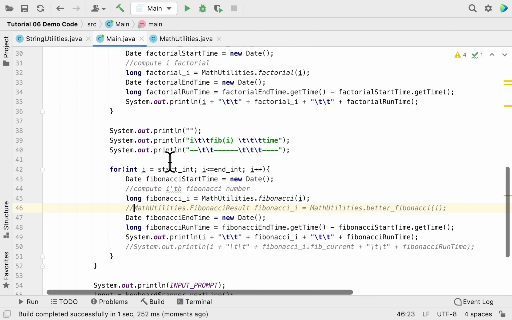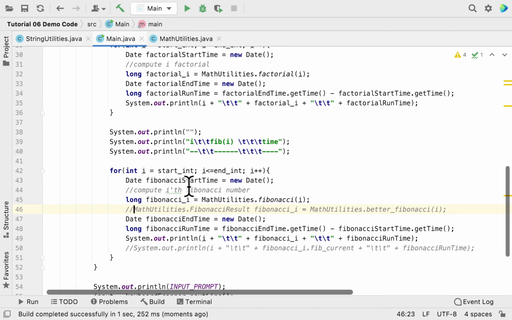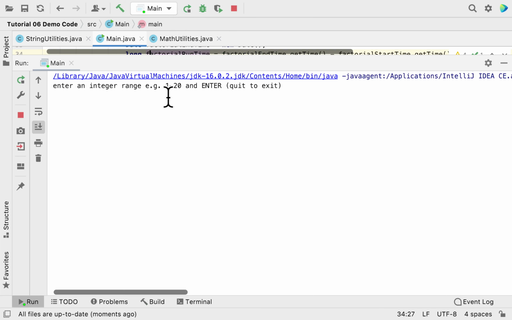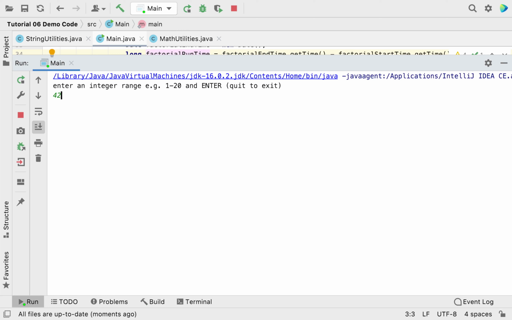In problem number 2, we were basically asked to observe the runtime for the Fibonacci function as well as the runtime for the factorial function by adding two dates, the time when the function starts and the time when the function ends, and then print out the runtime of the function by finding the difference between the end and the start point, and printing it along with the result of calling this function. And so now if I again run the program, and I type, for example, 42 to 46,